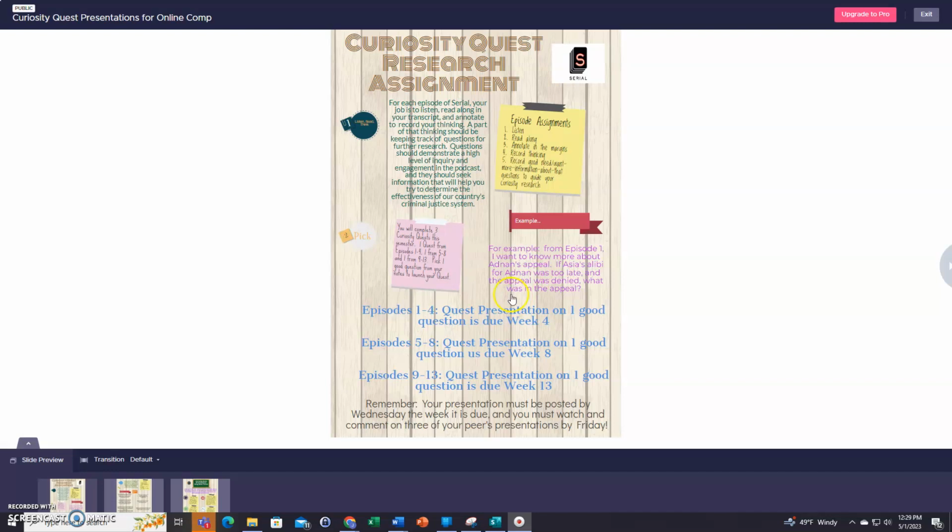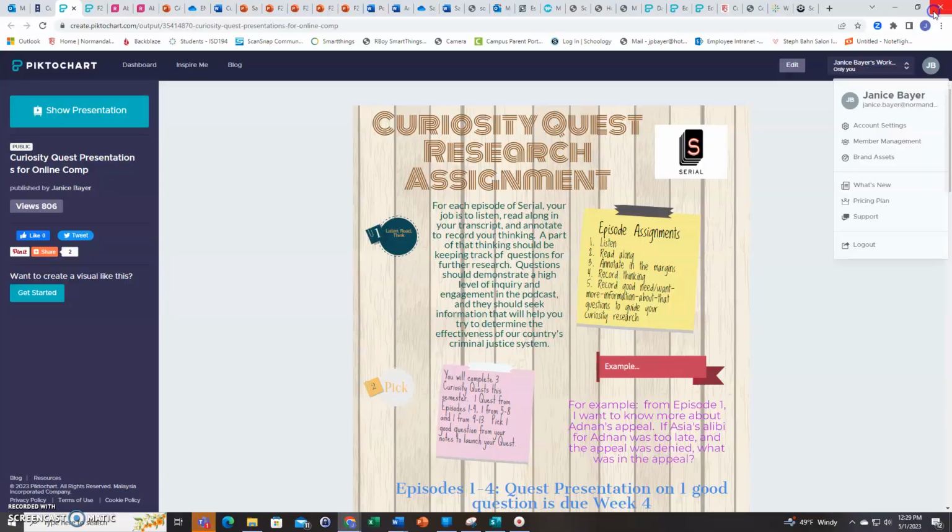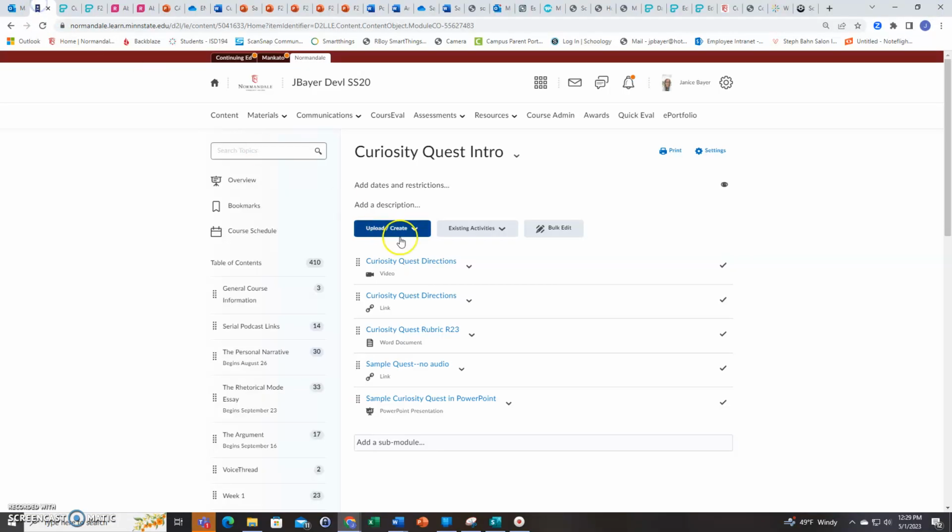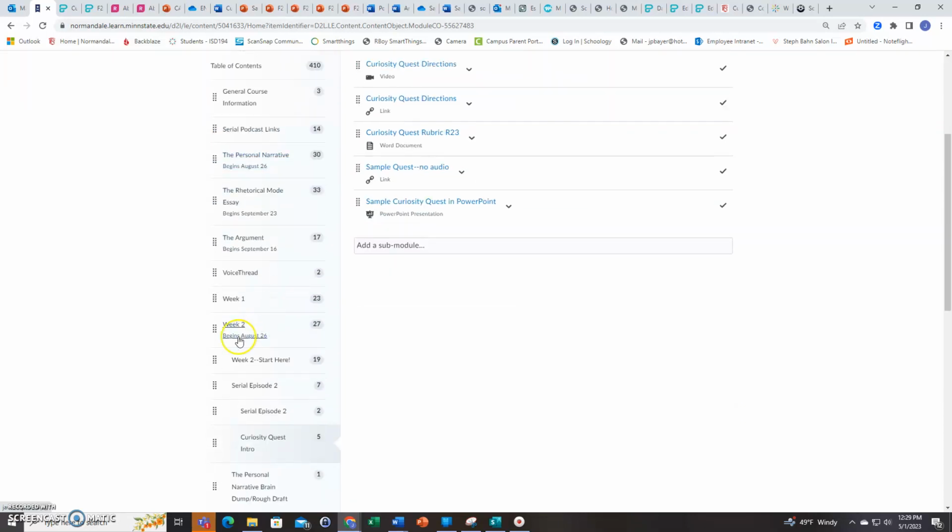I probably should show you how I got here. So I'm going to exit from here and I'm going to show you where I am in our class. So remember, it's best to navigate on the left side because those are our file cabinet drawers, right? And so then when we click on a week, then we are actually opening the drawer. So I'm in the drawer for week 2, which is where you should have found this link to begin with,